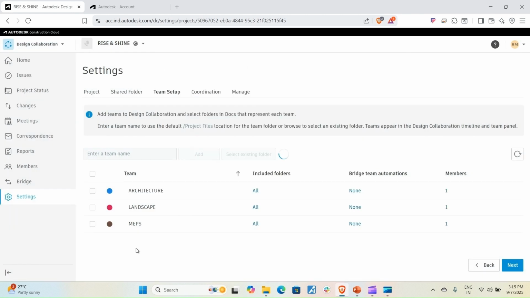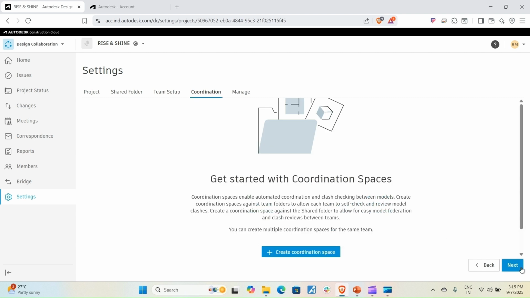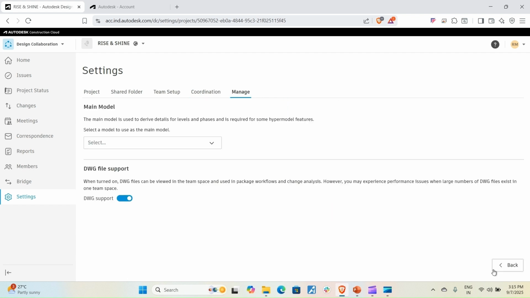Okay, fine. So here we have created all the teams, and the teams are here. You can simply click on next, and again your team is ready. Okay, your team is ready. You can simply click on next and make sure that everything is there.